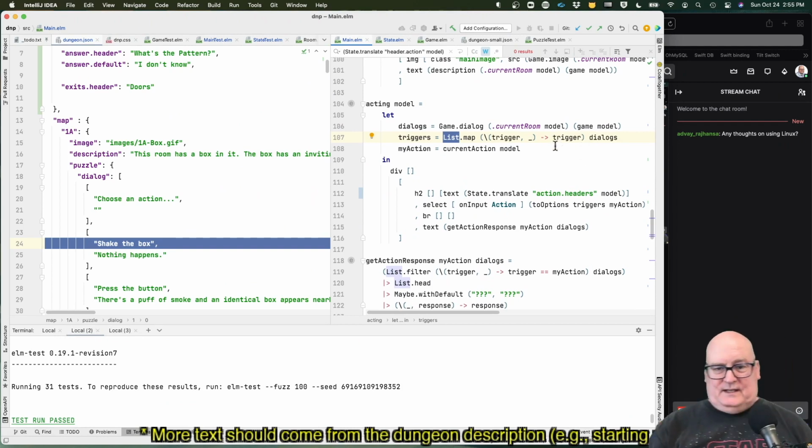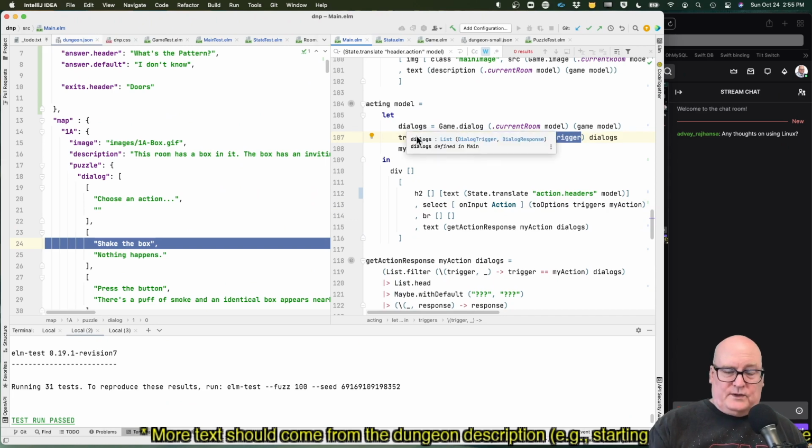Where are you getting that? Trigger pairs goes to trigger from the dialogues. Oh, that's from the game, which comes from the model. It would be reasonable to say what are the triggers, and then those get shown here. Okay. For a model, what are the triggers?